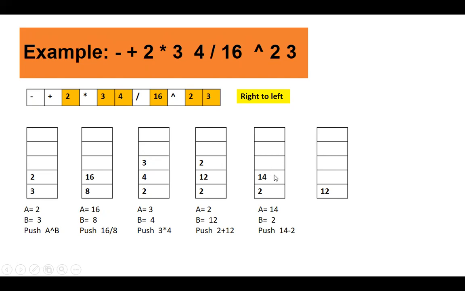Fine. Now next what you read, the last symbol in your prefix expression, is minus, which is an operator. So pop out operand 1, operand 2, right? So 14 is popped out, 2 is popped out, and then the operation of minus, that is 14 minus 2, and the result 12 is pushed onto the stack. Fine. Now your prefix expression is over, and whatever the stack top is pointing to is the prefix evaluation of your expression. That is 12. I hope the concept is clear.